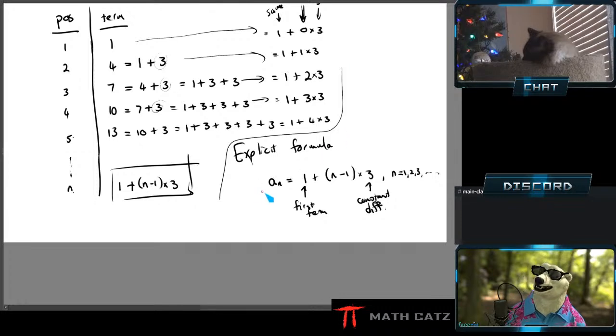So in my specific example, the pieces in the explicit formula come from the key properties of the sequence. The arithmetic sequence has 2 key properties. The first term and the difference. And those numbers feature in this explicit formula. So now if I go to extend this to what the formula looks like in general without me having a specific example,